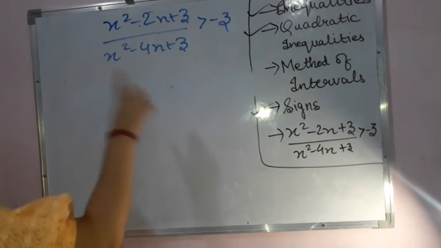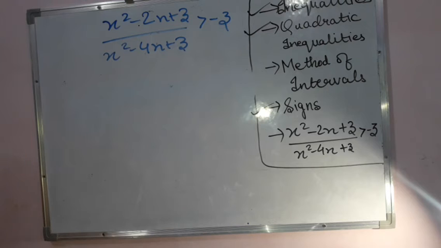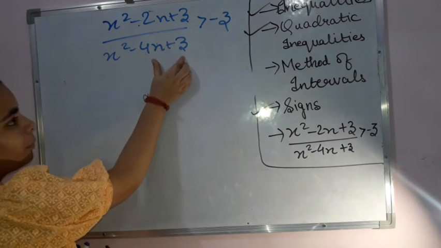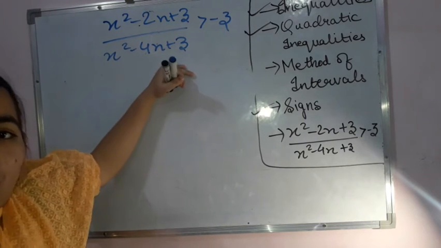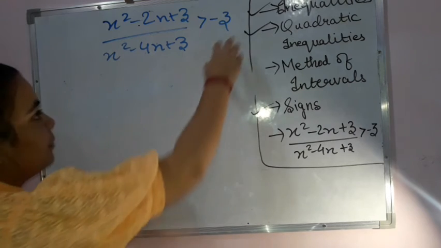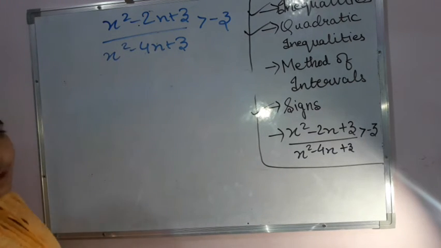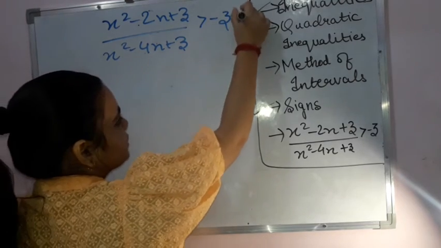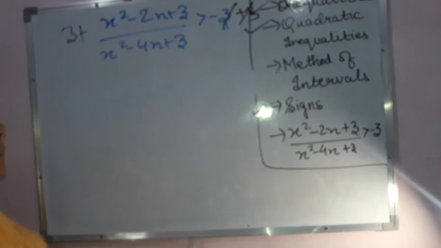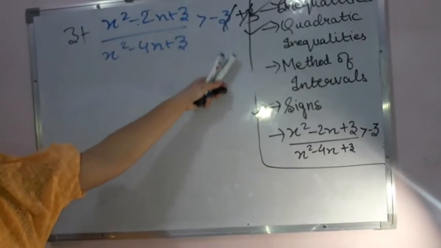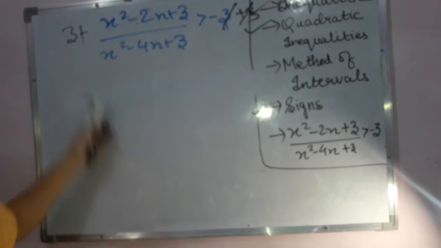Now let us see our example that was given to us. In solving this example, what are we doing? We are going to bring this term to this side. I can say it this way also, that I am bringing this term to the other side, or I can call it this way also, that I am adding plus 3 to both sides. Because if I add plus 3 on this side and plus 3 on this side, I don't think this will make any change in the question that was given to me. By doing so, the plus and minus get cancelled over here. This side I am left with 0, and here I have plus 3 with me, right?